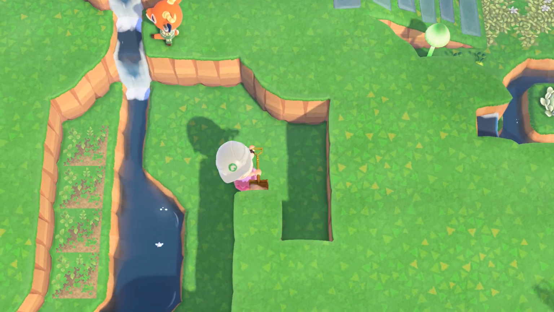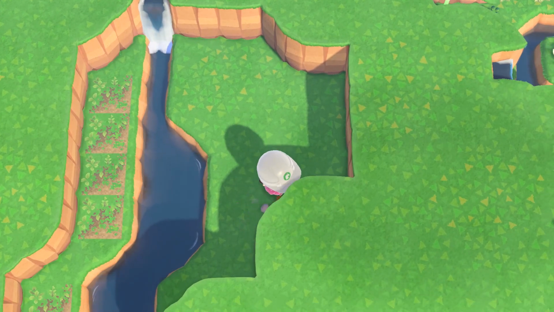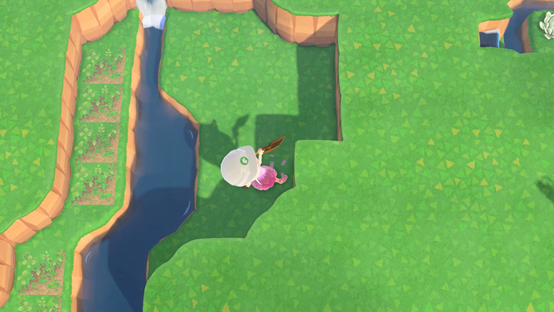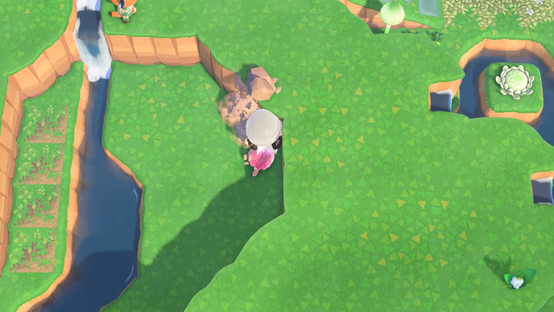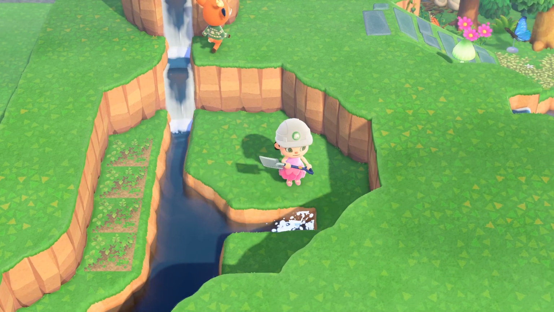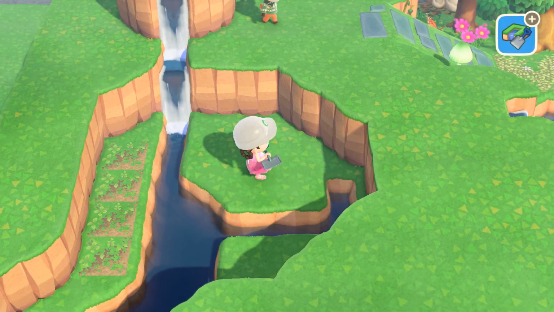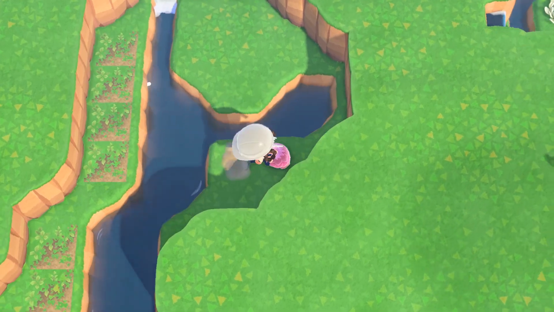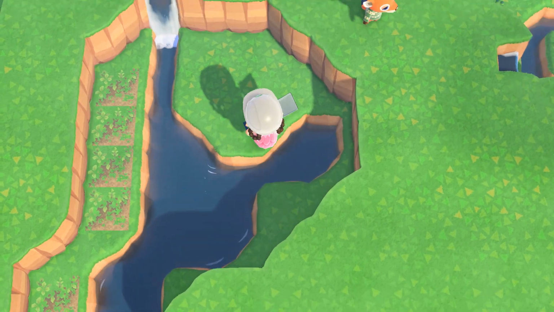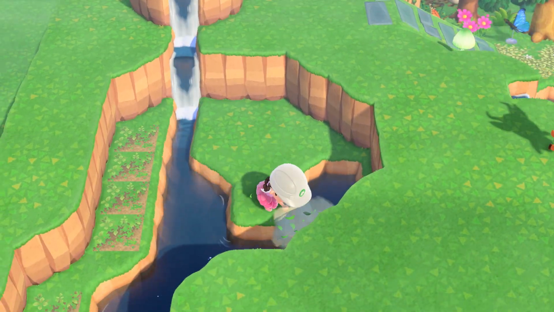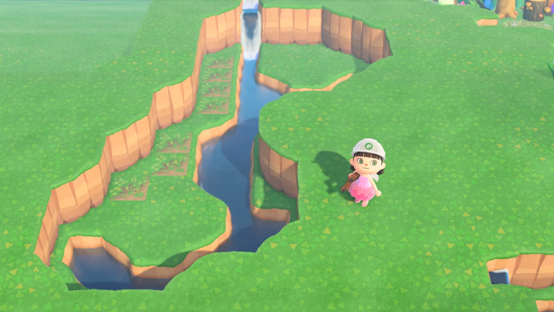So now I decided to tear down some of these cliffs so that I can add a little seating area here, but this was a little bit difficult because I have the staircase there, so I decided that I was going to carve out this area to form a walkway on top, and then when you're done with that you have your sunken area. I wanted to show you guys how it looks up close to kind of help you guys